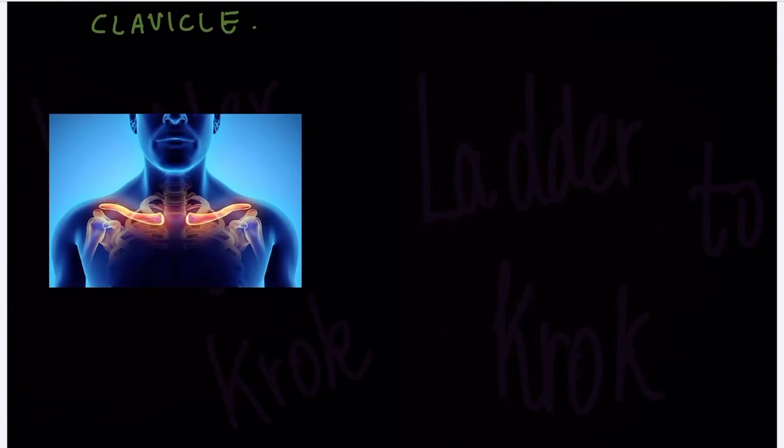The clavicle is situated at your collar region, okay? Hence it is also known as collar bone. It is also known as beauty bone. Girls have this prominent and girls love to have this bone prominent. Prominent means it is better seen from the outside, okay? It's protruding at the collar region. So it is known as beauty bone.